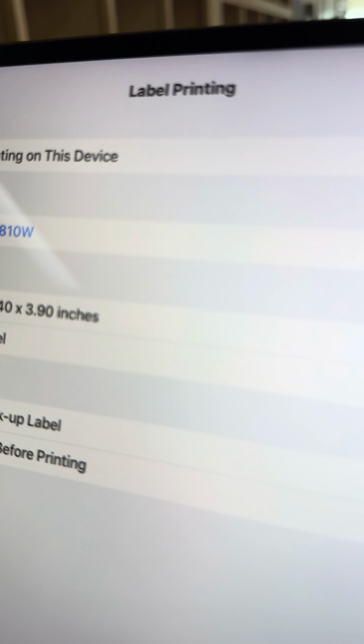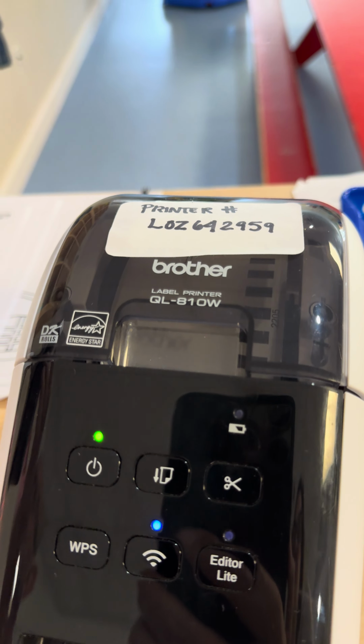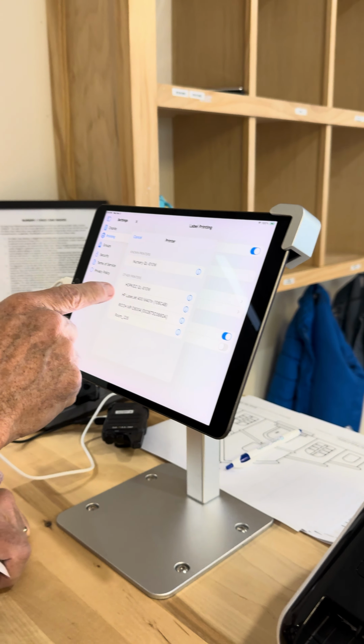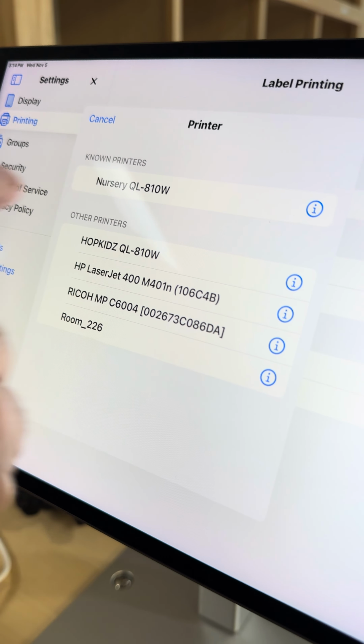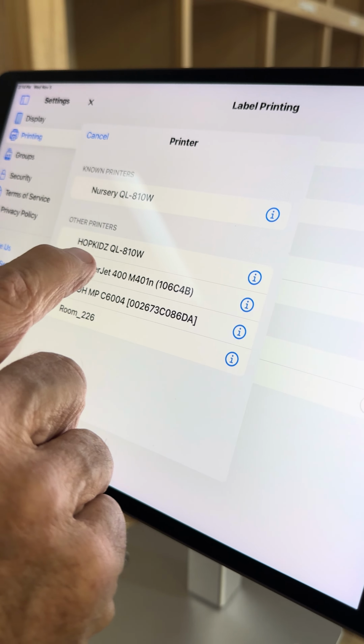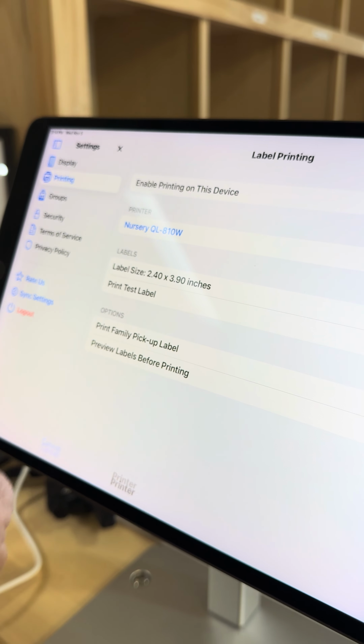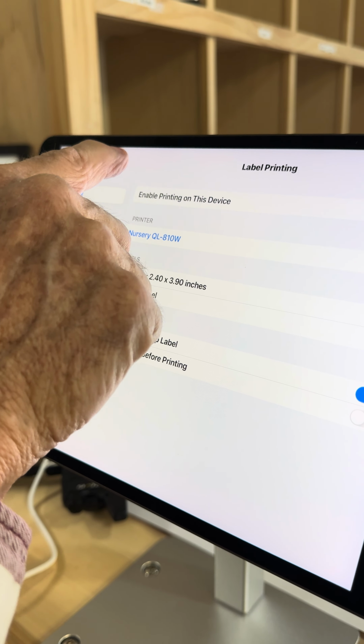So it says Nursery 810W. Yes, and it says 810W here as that is the model of that one. So just make sure they match. Yeah, and if not, if that happens where it's not on that one, you can select it from this list, because sometimes in the bottom,